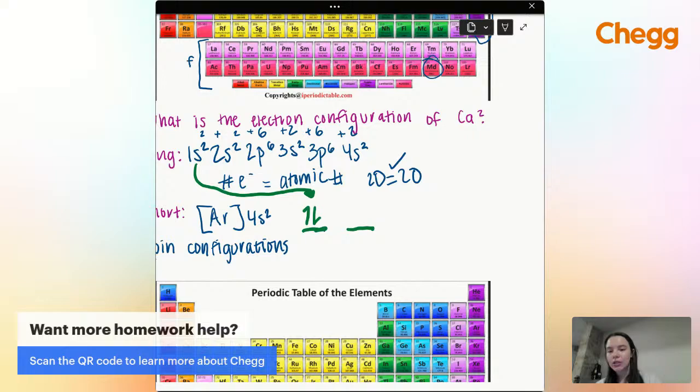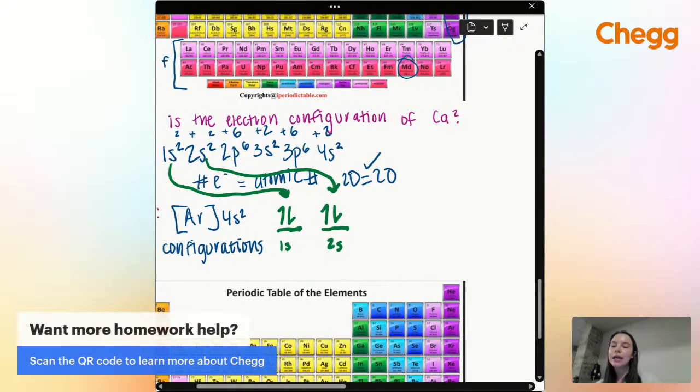Then we want to go to 2s. So I have 2 electrons again for the 2s2, and so that is also going to get an up and down spin. They can never have the same spin in the same subshell. So again, s orbitals: 1 subshell represented by that one line at the bottom, 2 electrons represented by the up and down spins.